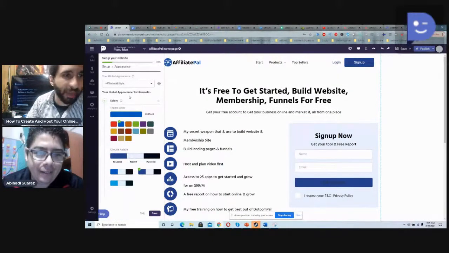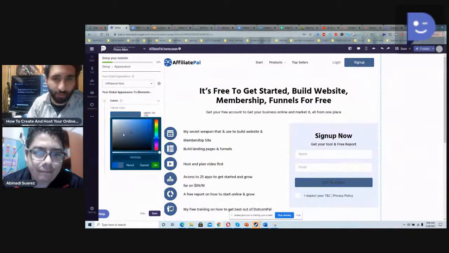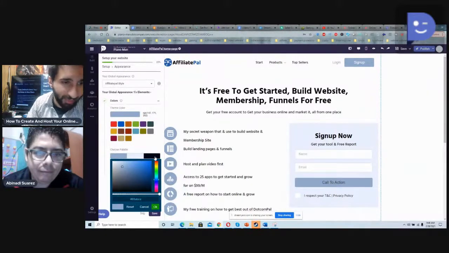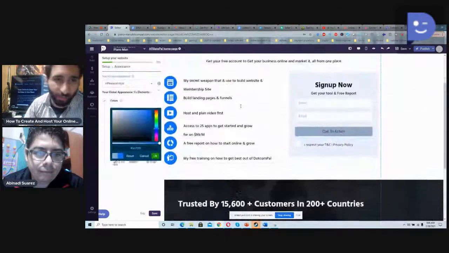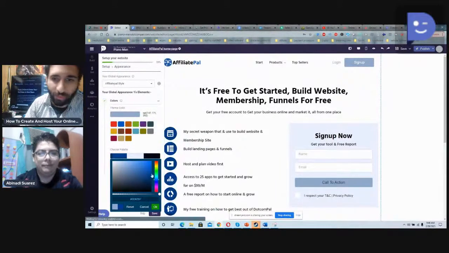So the first thing we have is the style. Now here's the cool thing with the style. We can change colors, and we can see what the palettes look like here. And the nice thing is, when we're changing this, we're changing the colors of everything here. So if you look at WordPress,